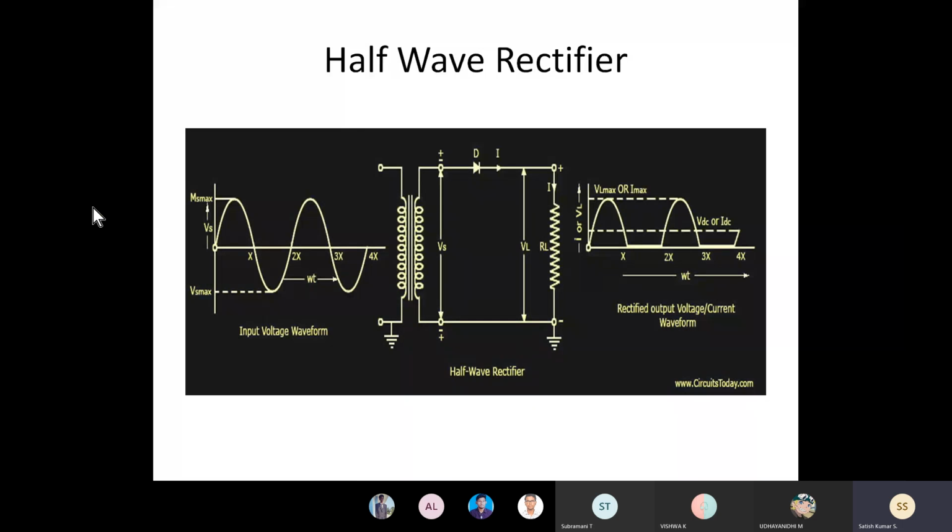At that instant, nearer to the diode, you will get that positive peak value. This is the neutral value. Instead of saying neutral, here they are mentioned as plus and minus. In the negative half cycle, what will happen? Automatically, the terminal is switched over. The negative value will be fed here, minus plus. I'll show again.